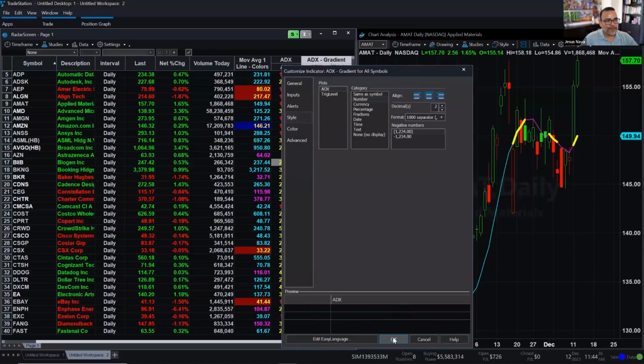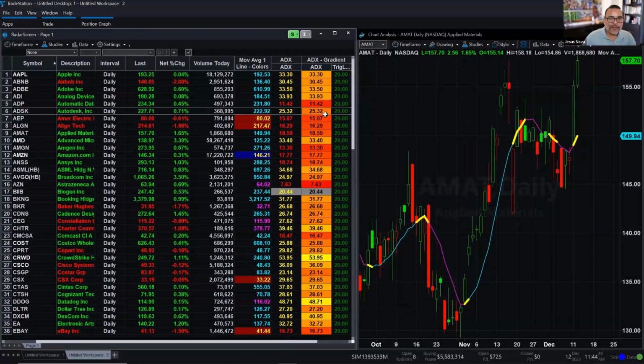Okay, let's go ahead and click OK. All right, that's the gradient color based on maximum and